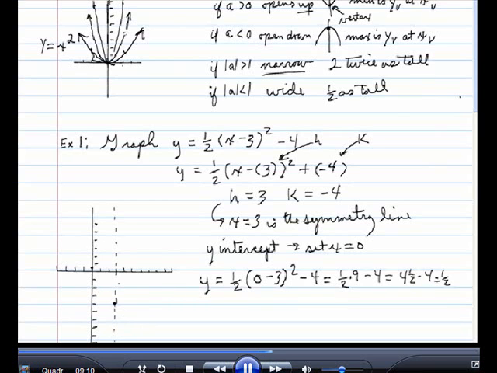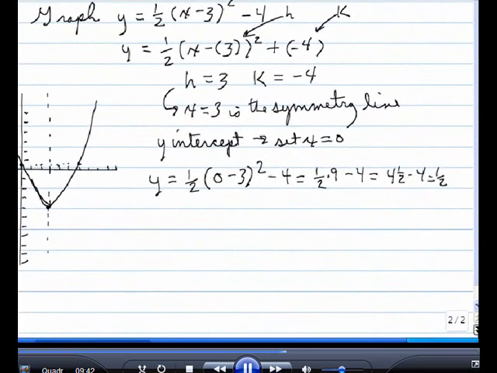Now, since this is a symmetry line, we'll have another point the same distance away on the other side of the symmetry line, so that will put a point right here, and now we can sketch in our parabola, and there we have the graph of the parabola. Now, if the 2 points had been closer to the vertex, as they will in the next example, we would have needed additional points on the line, and I'll show you how to get those in the next example problem. Let's flip over to the